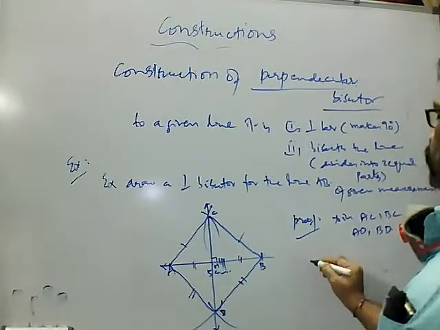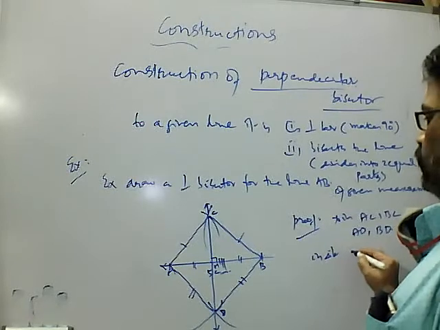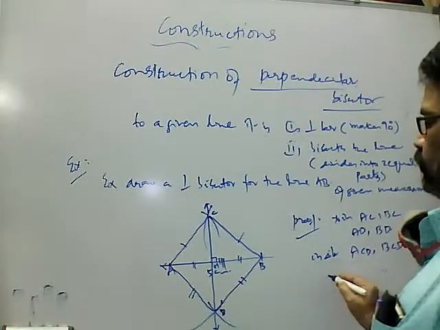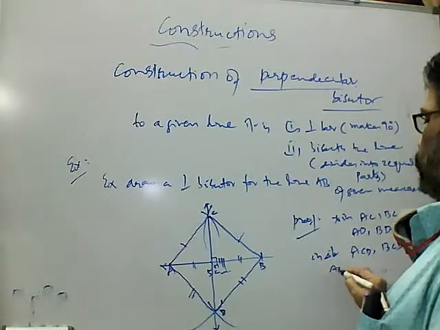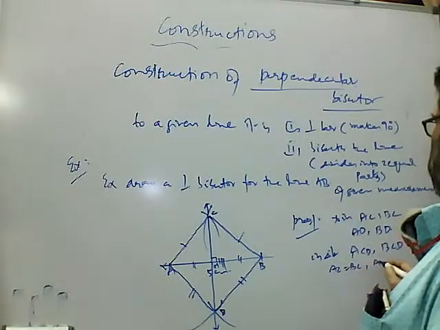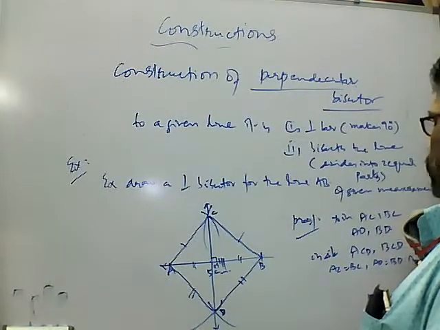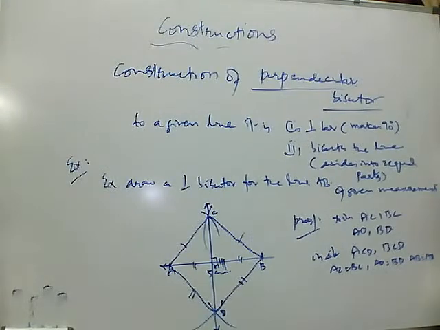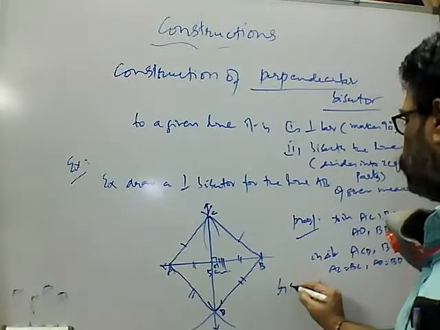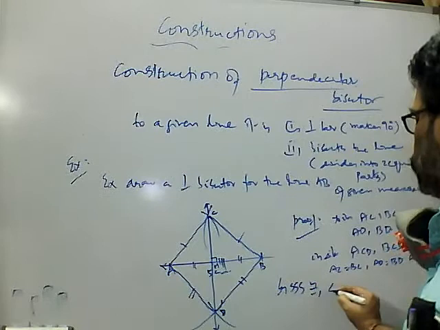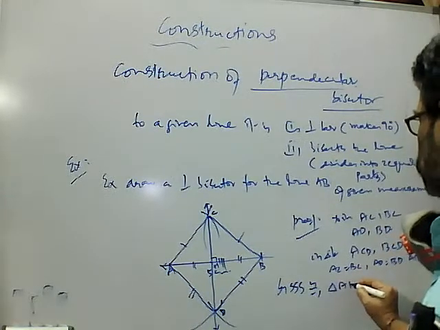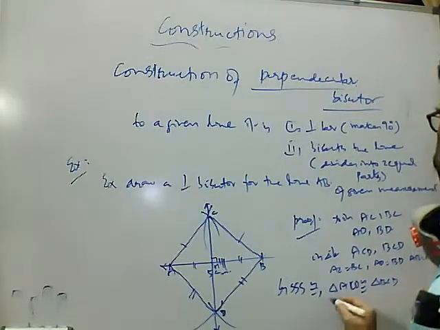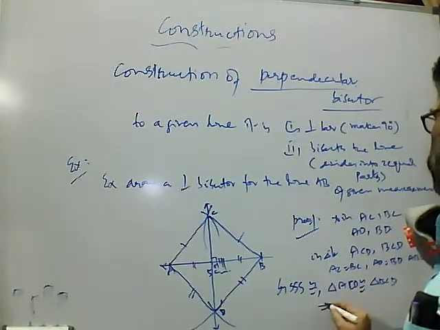Right? In triangles ACD and BCD, AC is equal to BC, AD is equal to BD, and AB is equal to AB. This is given. So by SSS congruency, three sides of one triangle are equal to three sides of the other triangle. Triangle ACD is congruent to triangle BCD. Right? This implies